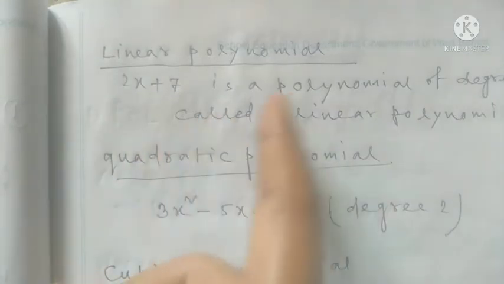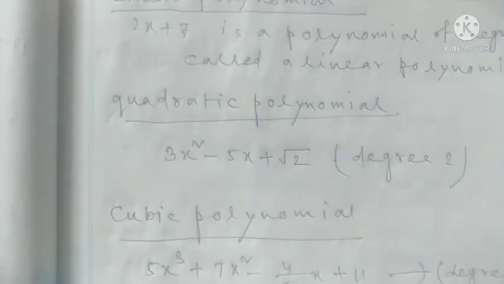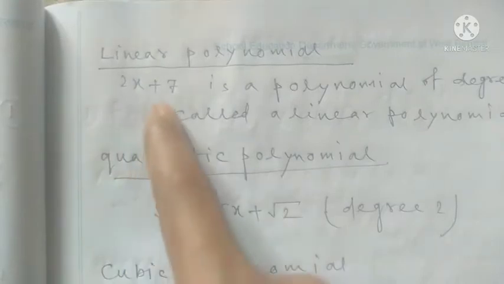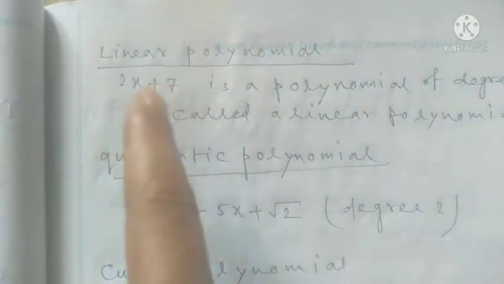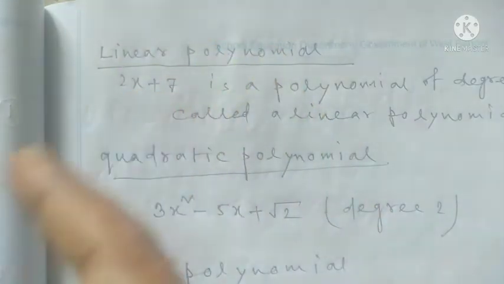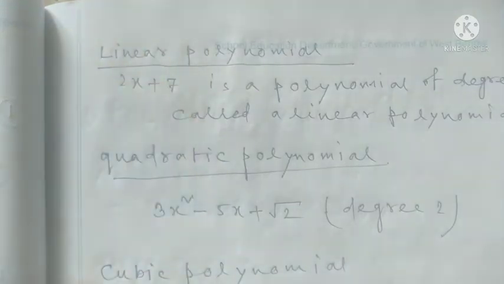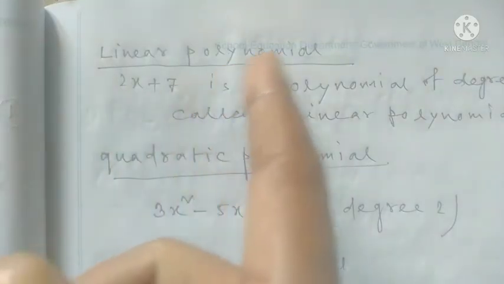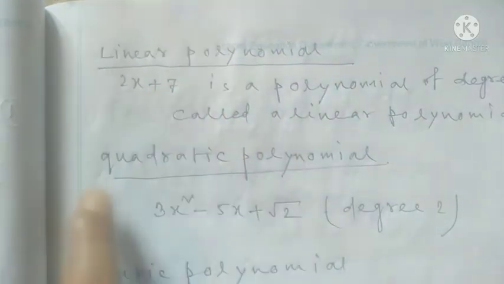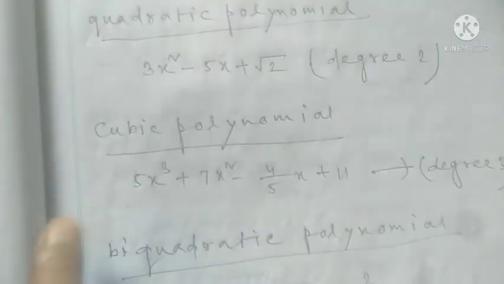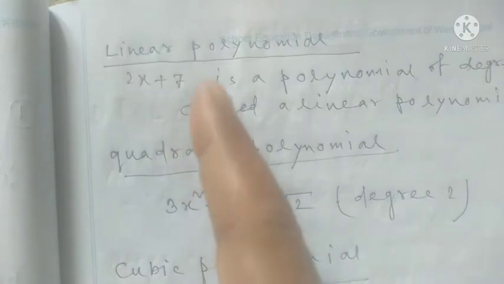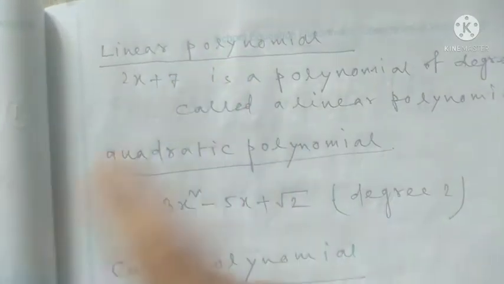Next topic, which I am explaining in this video. There are 2 or 3 types of polynomial, so you have to understand them in this video. So what is a linear polynomial? A linear polynomial means a 1 degree polynomial. And what is a polynomial? I think I told you before. When the power is non-negative, at that time you can call any algebraic expression a polynomial. This is a polynomial, this is a polynomial, but there are various types of polynomial. So that's why I already mentioned, linear polynomial.